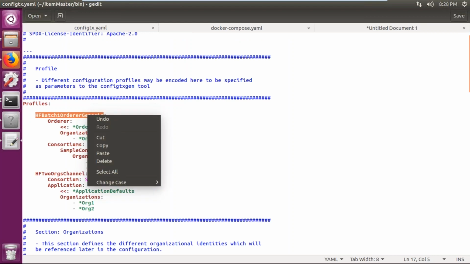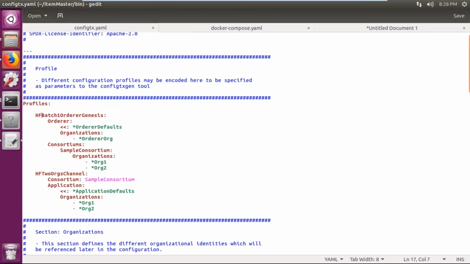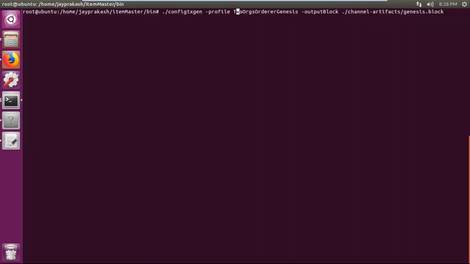Okay, and the name of my profile is this value that is highlighted. This is the name of the profile for the Genesis block, and then minus output block,